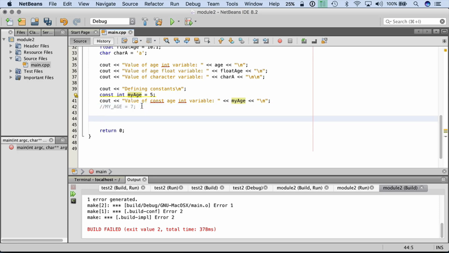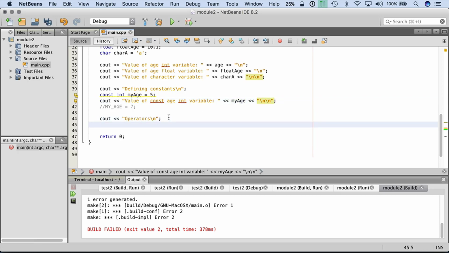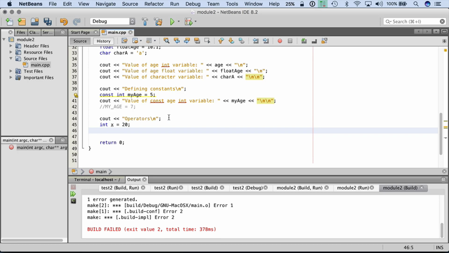So what we're going to do now is move into operators. And I'm just going to put another carriage return up here. All right, so operators are basically going to help us with mathematics, maybe string concatenation. So an example of this would be if I have this variable, an integer called x with value 20, and I want to add 4 to 20, I can do something like this,